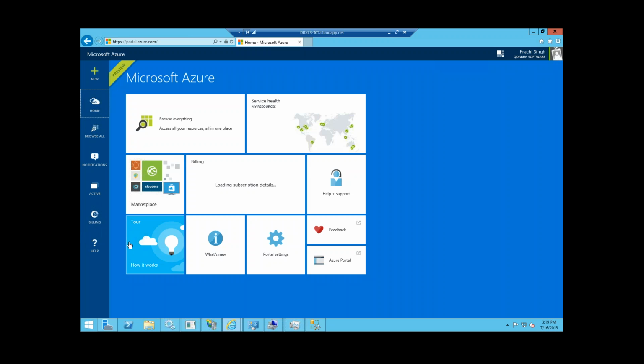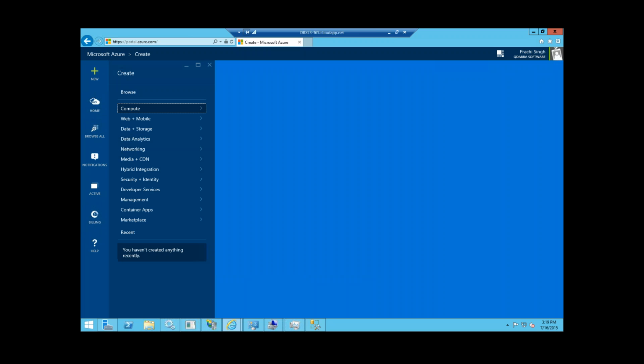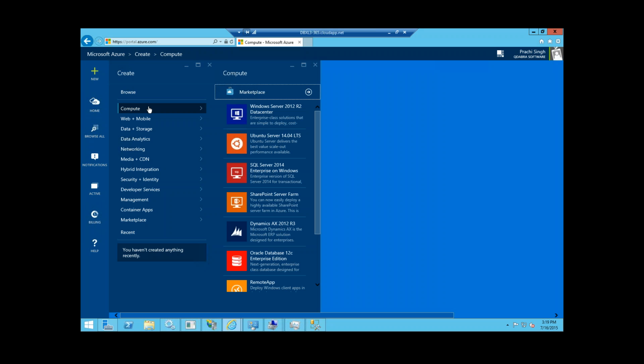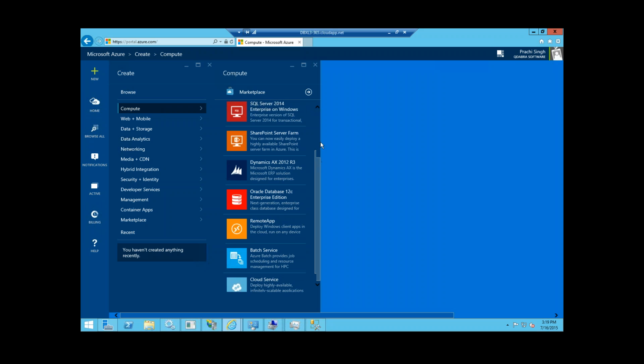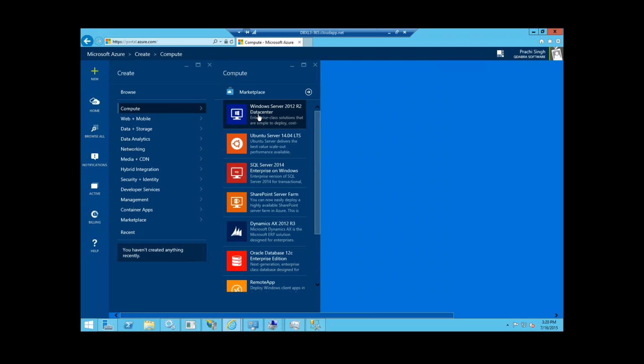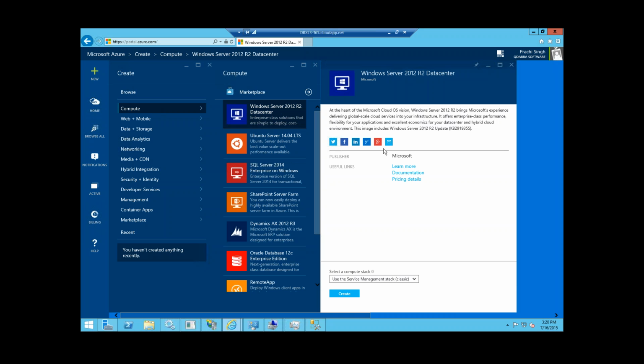And then what you do is you go into, where do you go? I'm waiting for something to appear. You go to New, I believe, and then you're going to create a compute VM, and I would basically go with the standard Windows server, so that's going to be at the top here, data center, and then what you'll do is you'll pick the